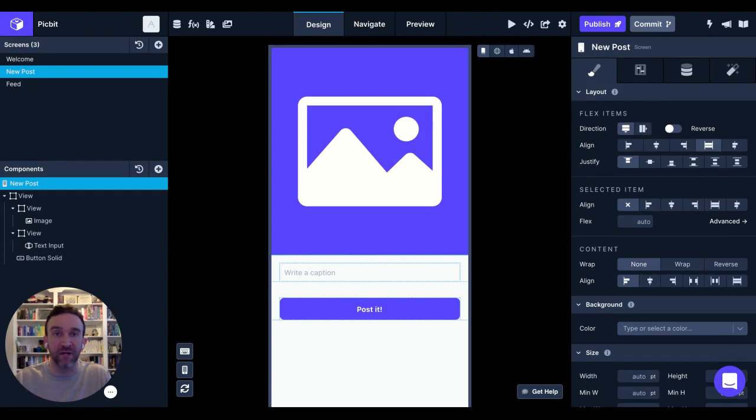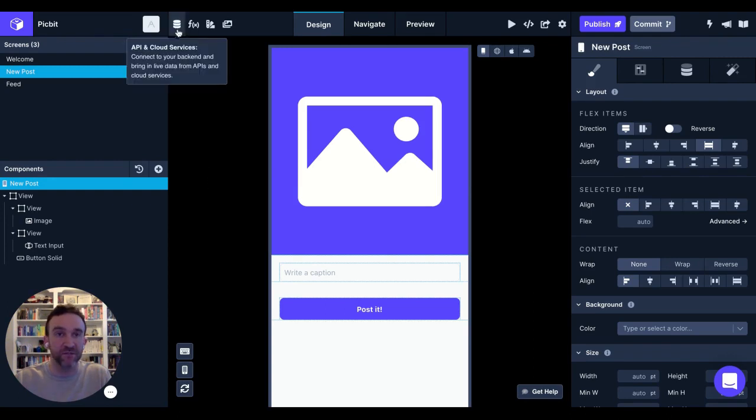We're going to build a couple of interactions that allow users of this basic Instagram clone app to upload a photo from their device's media library, write a caption to go along with that photo, and then submit the photo and the caption together to the backend. We will then also see what that new post looks like in the feed that we created in part 3 that shows all of the posts in this Instagram clone.